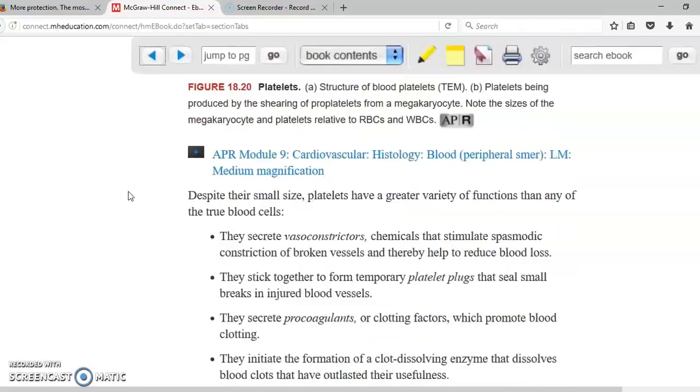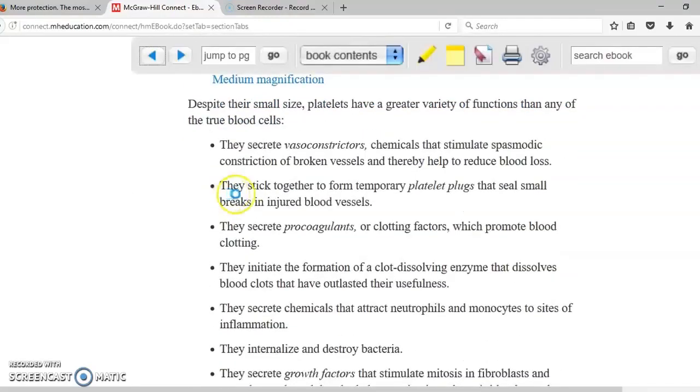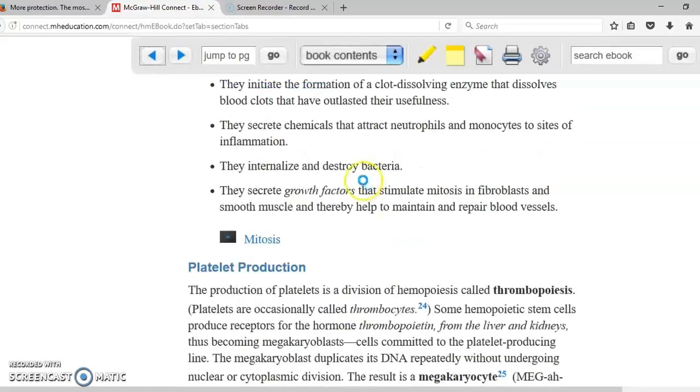So what's the function of the platelets? The platelets are going to form something called the platelet plug. Not only that, the platelets are going to secrete some chemicals that are going to produce vasoconstriction in the blood vessel. Another very important function is that the platelets also produce clotting factors, which are very important because they produce coagulation. Other functions include, for example, releasing chemicals that dissolve the blood clot once the blood vessel that is